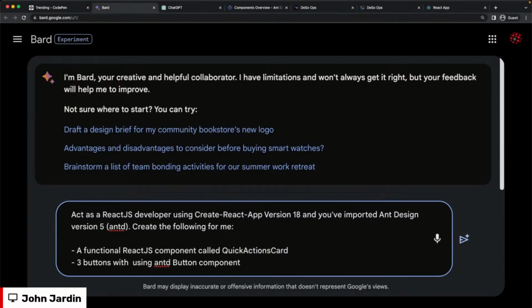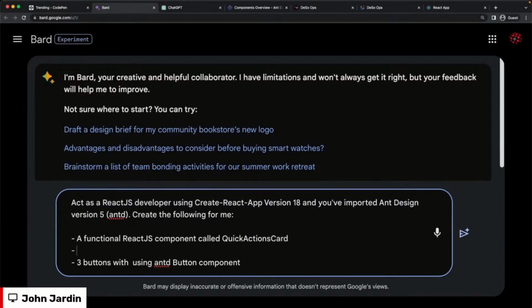Then an Ant D card with the title quick actions, and then two Ant D buttons